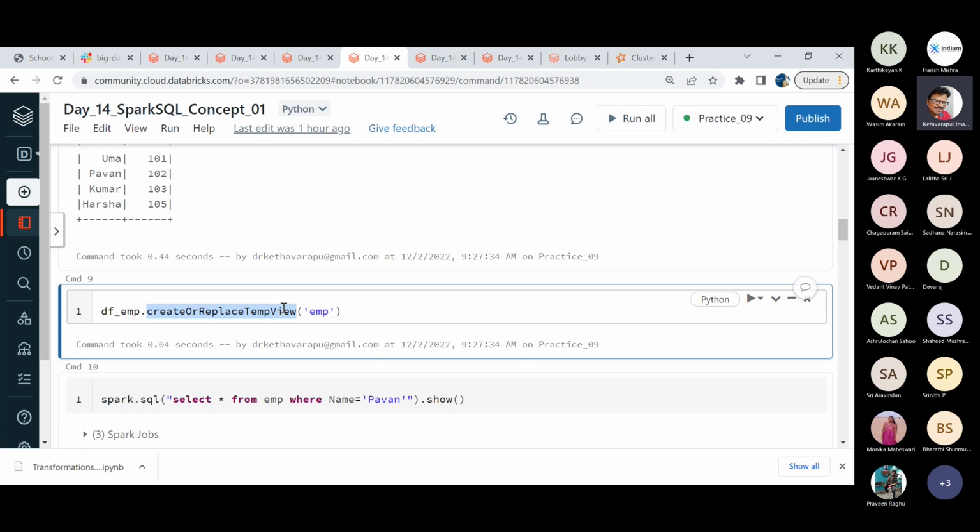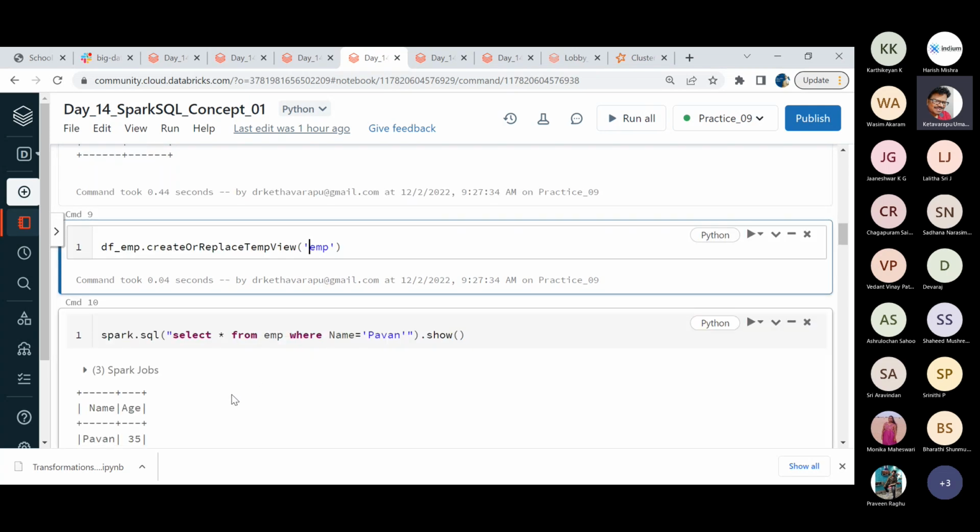Now you see, guys, this EMP is something I can use to make use of Spark SQL kind of statements. Okay, so the connection is very simple. First, we have some data frame, maybe a ready-made data frame, or else we can create the data frame, and that data frame can be converted into the appropriate relation or table. Now this EMP,